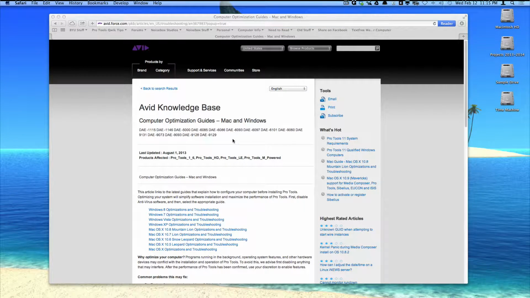Before we dive in, we are going to go through some system optimizations recommended by Avid in order to make sure that Pro Tools will run as efficiently as possible and avoid any problems. Now, I am on Mountain Lion on a Mac, and so we are going to be going through the optimizations